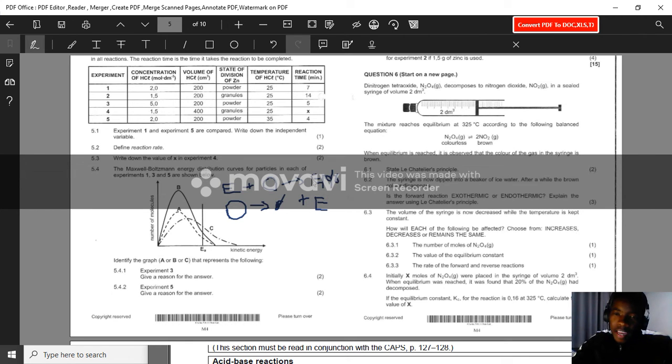That's why if you remove energy, the color of the whole syringe just disappears and becomes colorless, because this reaction actually needs energy. So that's an explanation that you have to bring here. According to Le Chatelier's principle,